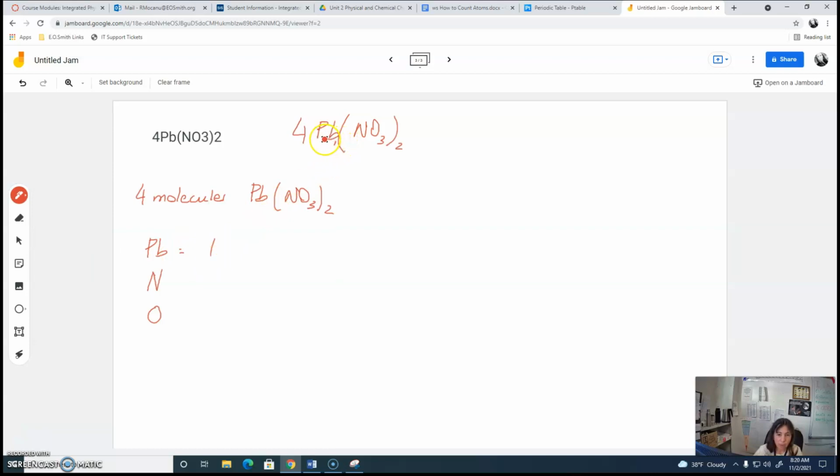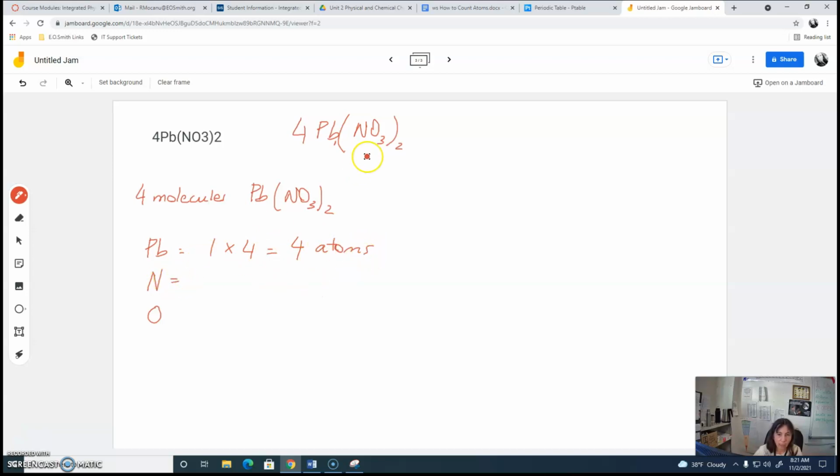And then what else applies to this Pb? Well, the Pb is not in brackets, so I know this little 2 over here does not apply to it, because that only applies to whatever's in the brackets. But I do have this coefficient right here that applies to the entire formula. So that includes the Pb, so I know I have 1 times 4, so that means 4 atoms of Pb